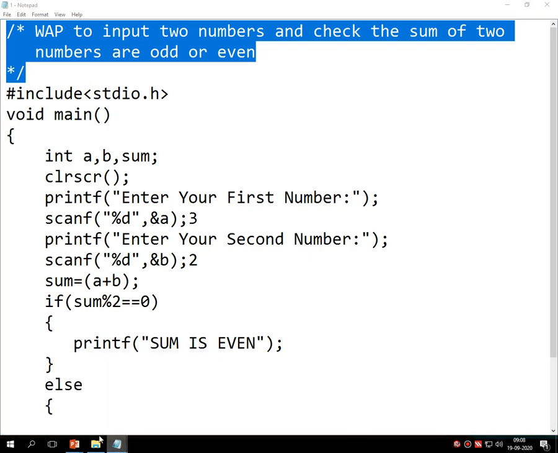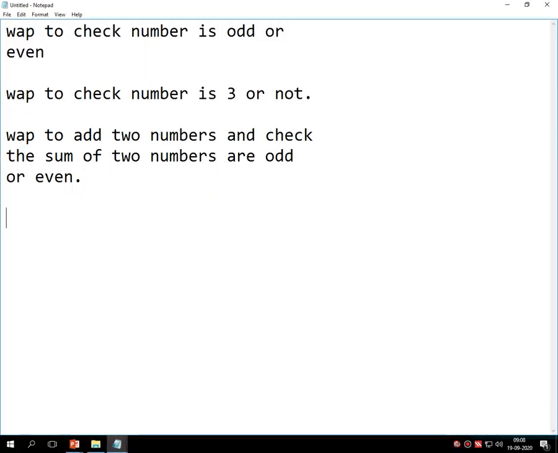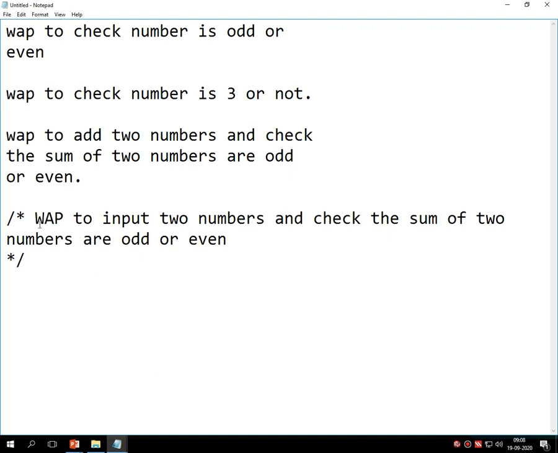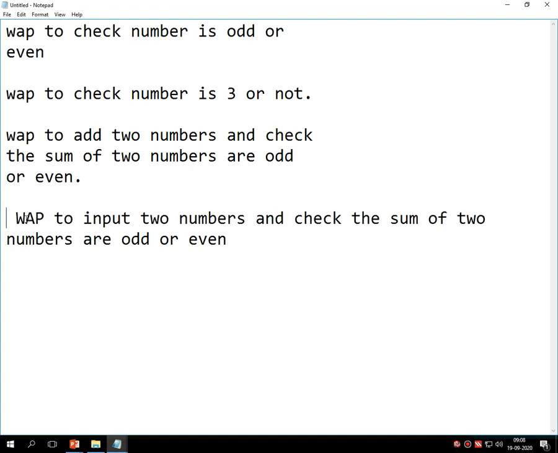Let me put it into the same Notepad and remove this symbol. So kindly note down the definitions of these 4 programs that you have to make in your computers or mobile phone, and then after the successful execution of all this code you have to note it down in your journals.